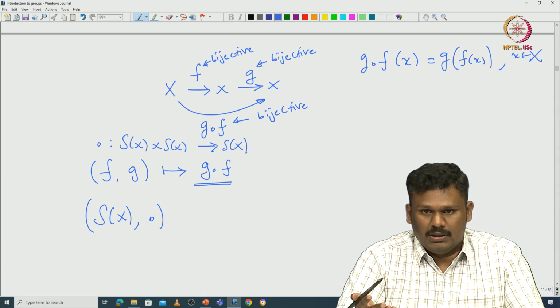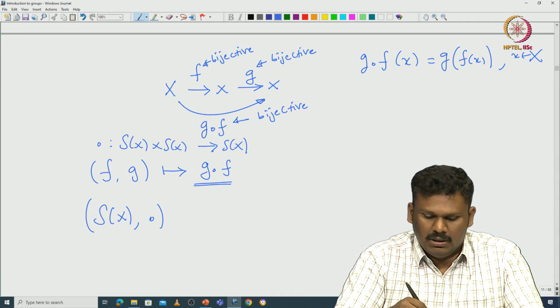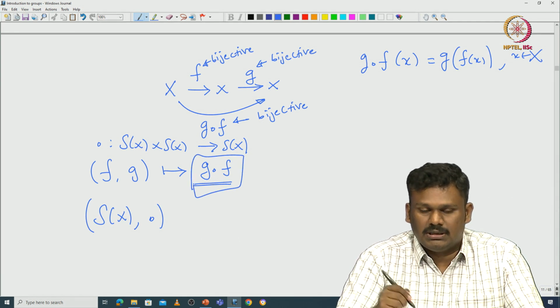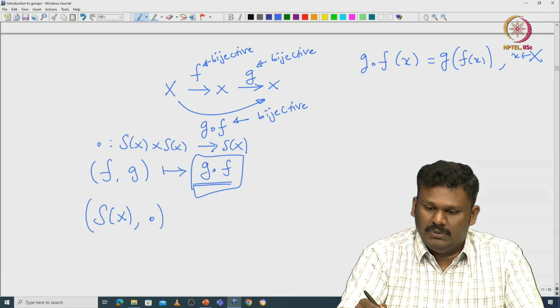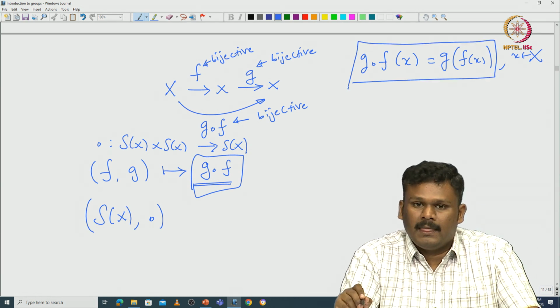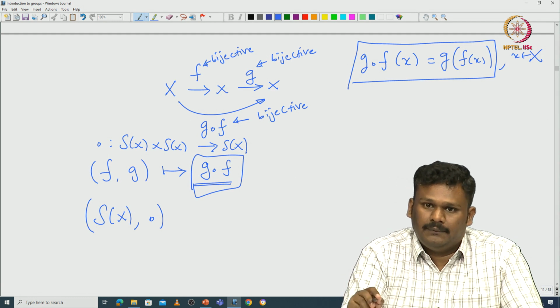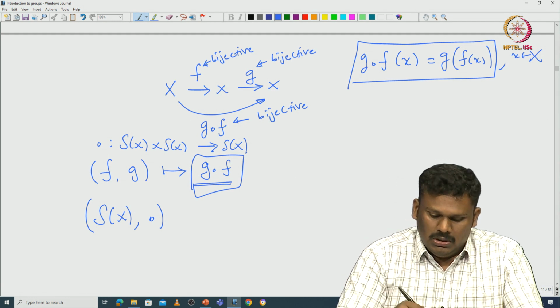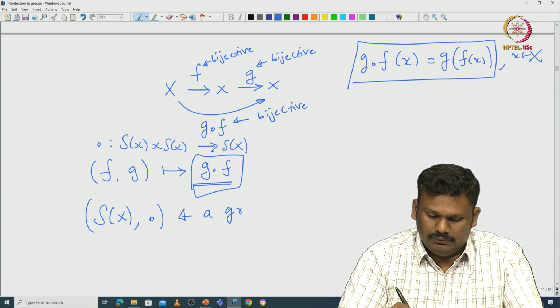So, when I say f star g, what do I mean by that? You are applying f first and then g later. In the function language we write it as g composition f, because this is the formula that we want to implicitly remember. Okay. So, I will leave it to you to check this is actually a group,